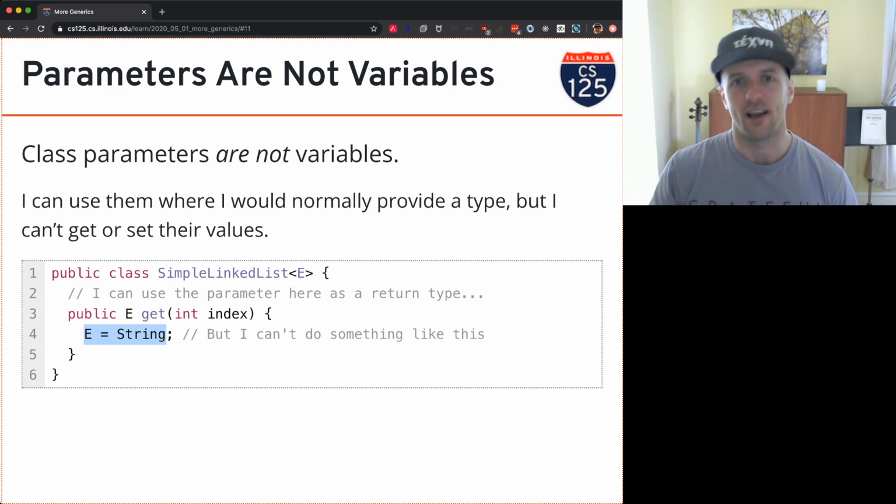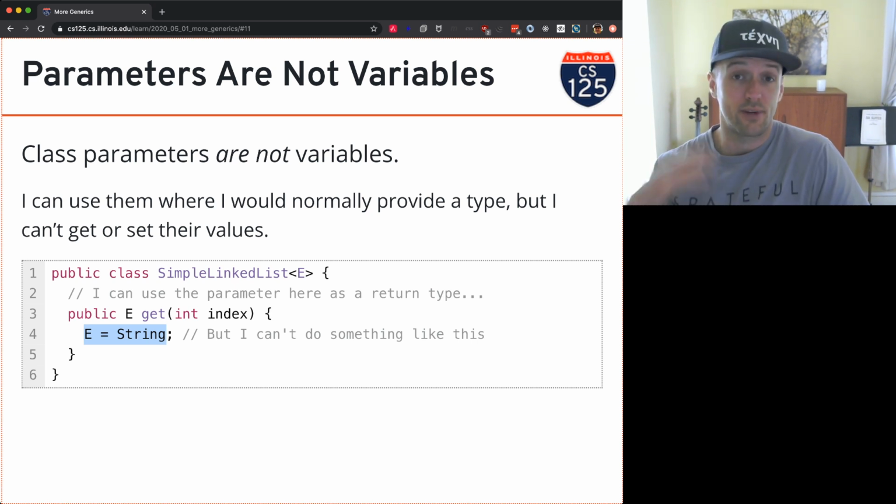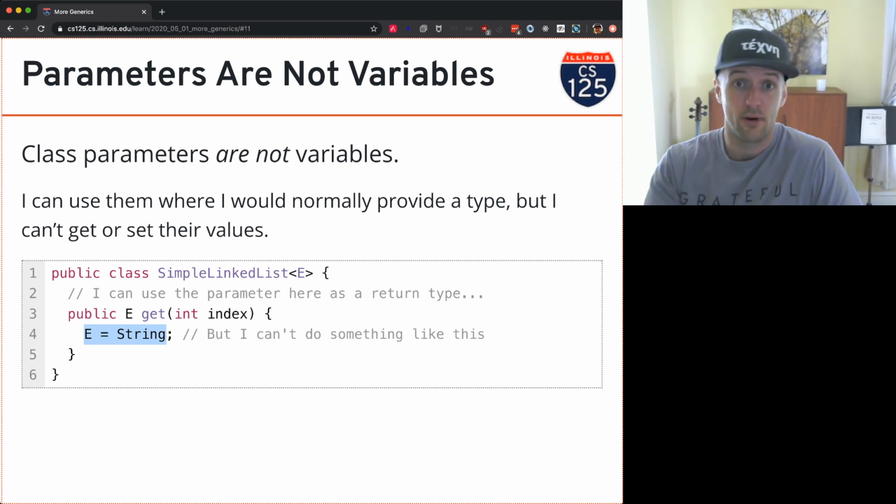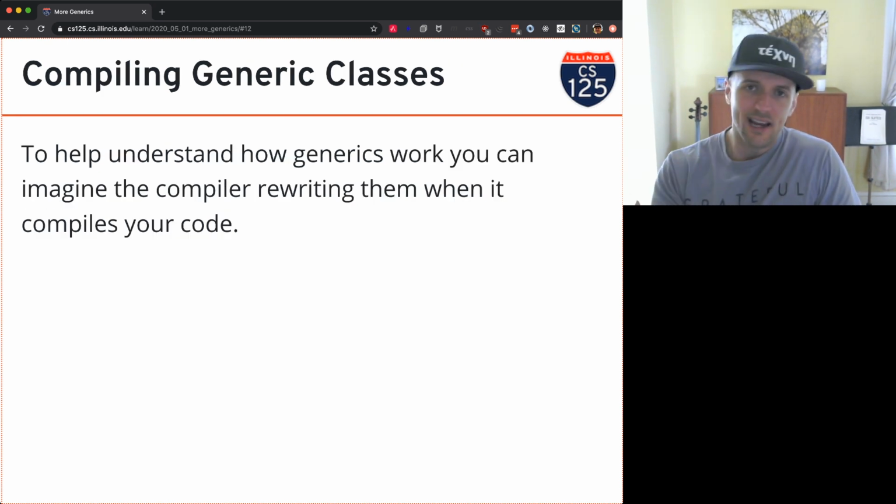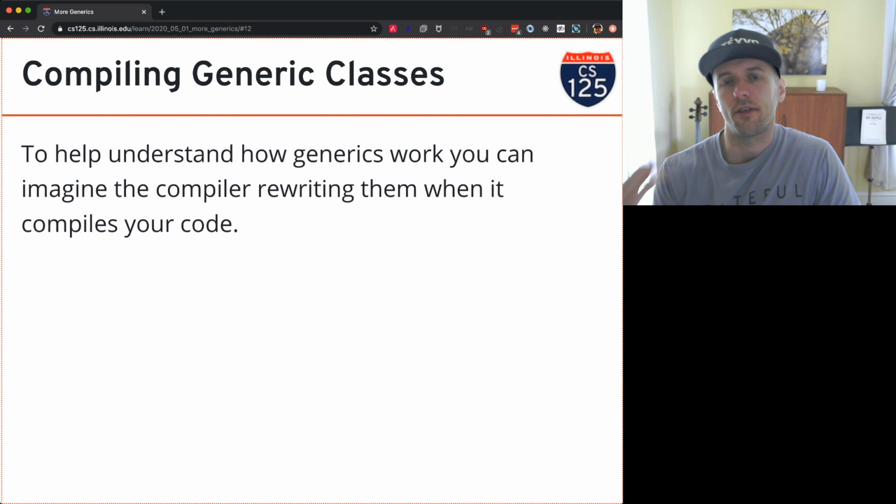I can't use them on the right side of expressions in a lot of places and things like that, right? I can use them in places where I would declare a variable to replace a type for that variable. Okay, and again, here's a mental model for how to think about these type parameters and how they interact